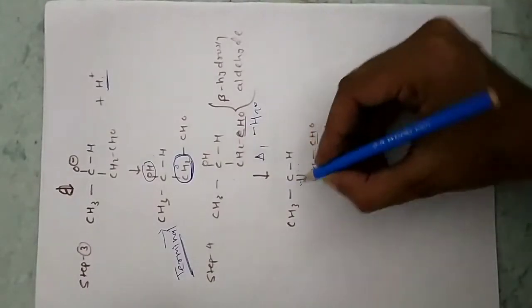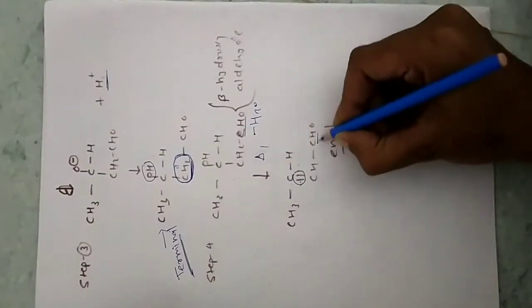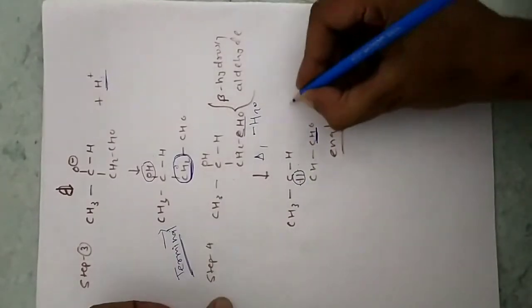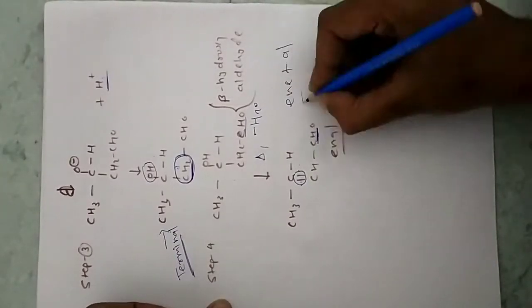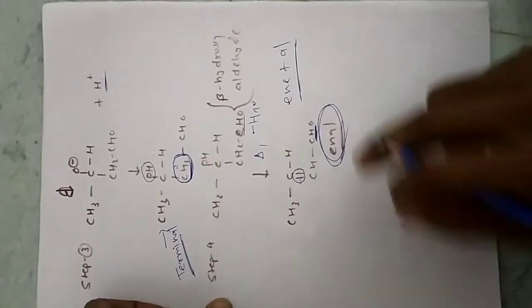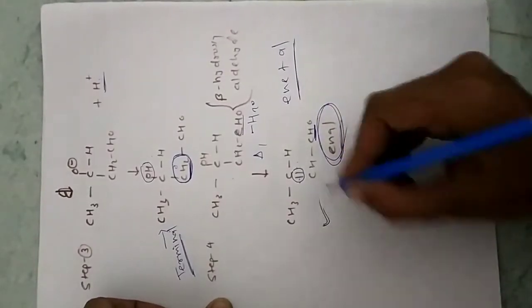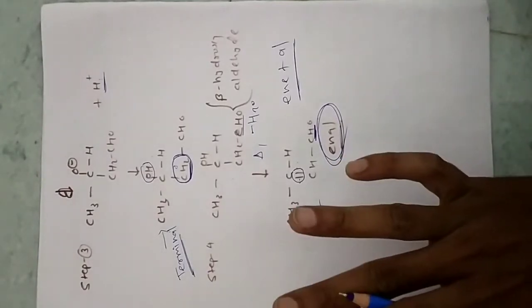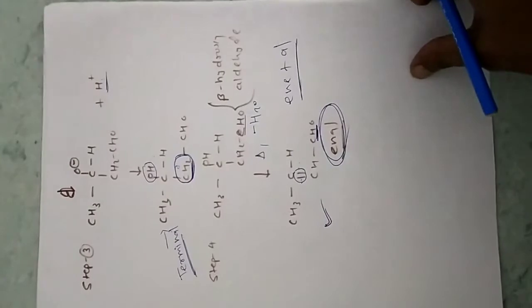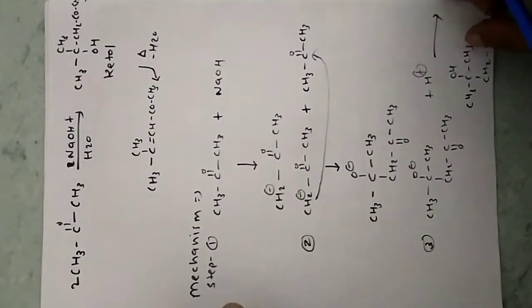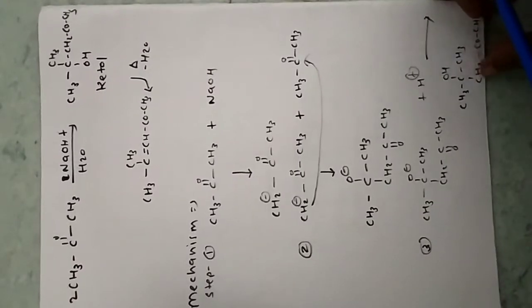Now this one has a double bond and an aldehyde group, both are there in the structure. So in plus al, it is called enal. Okay, so this one is our product. In this way you can take out the product in any aldehyde. Now let's take an example of a ketone. The method is the same here.